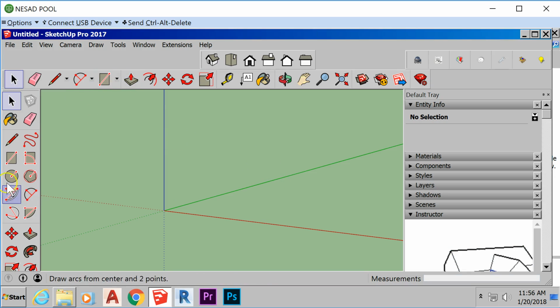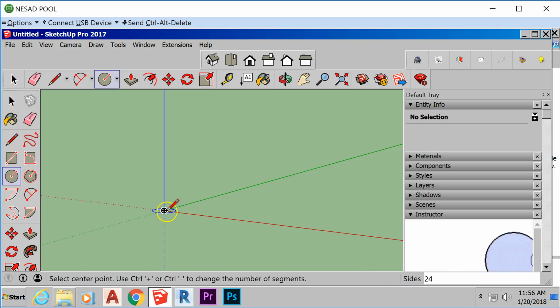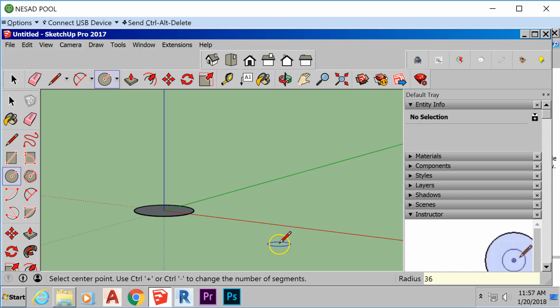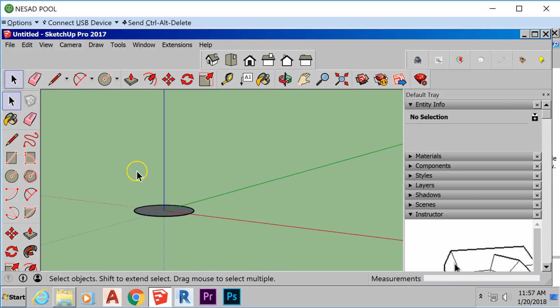I'm going to make one that is 3 feet in diameter, rather 3 feet in radius. So I outlined the steps. We basically have to contrive